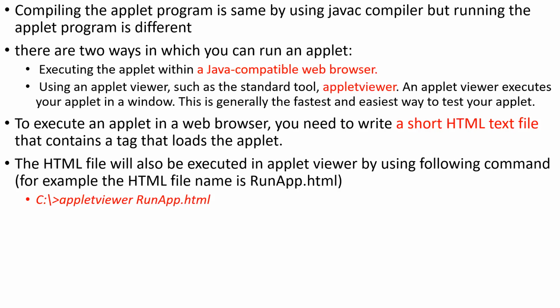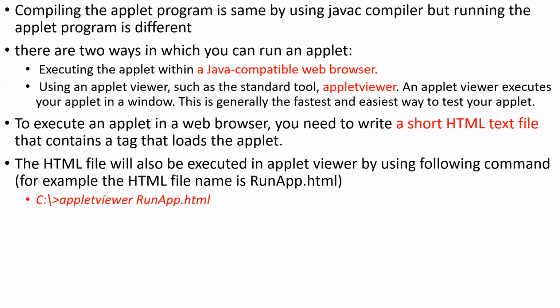Another way is by using the applet viewer. In the applet viewer, we can execute that applet code in two ways: by using a Java program as well as by using HTML. Both can be executed by using the applet viewer. So now the total ways to get the output of an applet are three: the web browser, and the applet viewer, again two ways. Just note it and understand this concept.